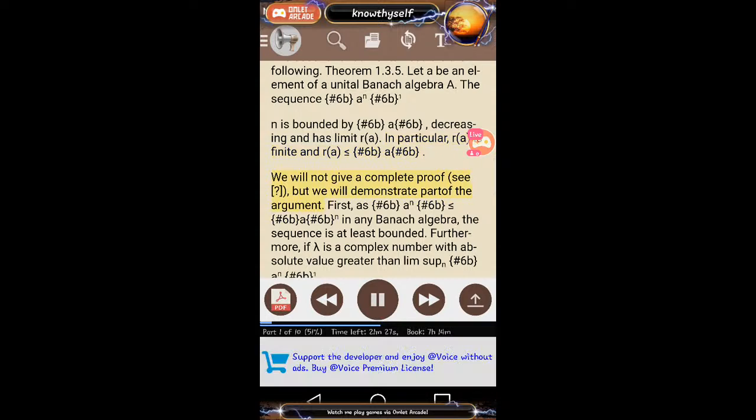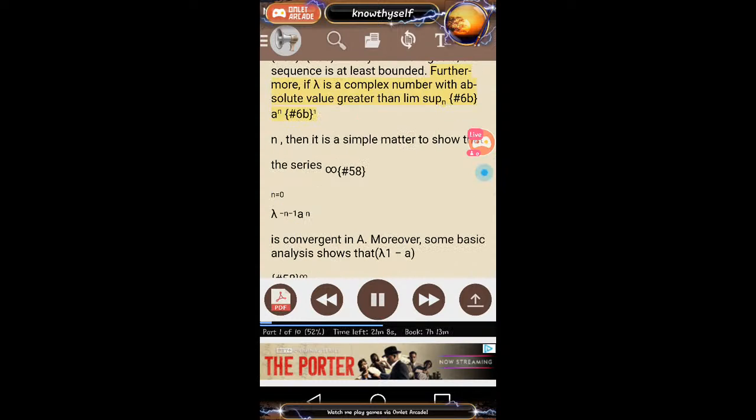We will not give a complete proof, but we will demonstrate part of the argument. First, as ‖A^n‖ is less than or equal to ‖A‖^n in any Banach algebra, the sequence is at least bounded. Furthermore, if λ is a complex number with absolute value greater than lim sup ‖A^n‖^(1/n), then it is a simple matter to show that